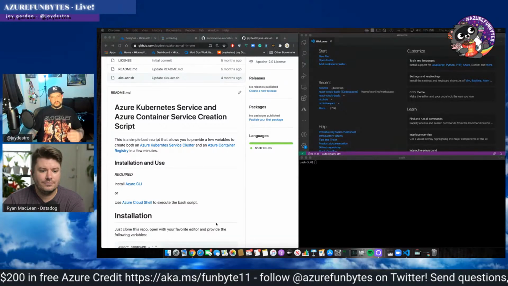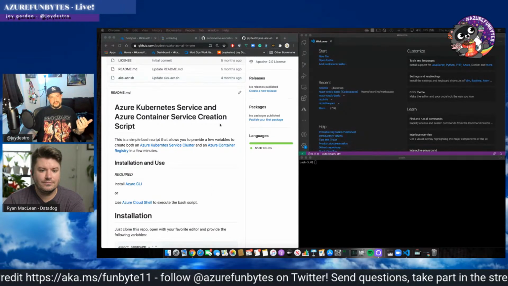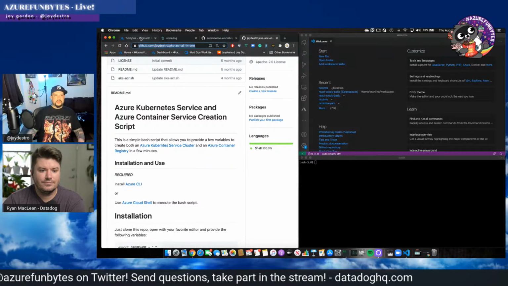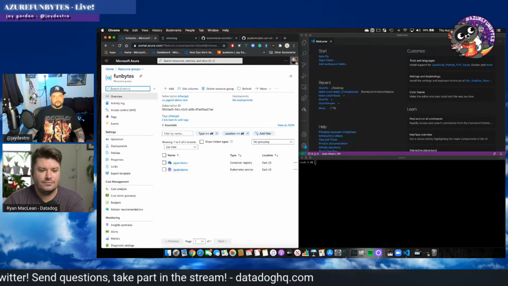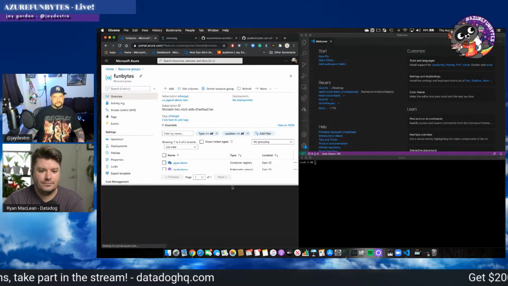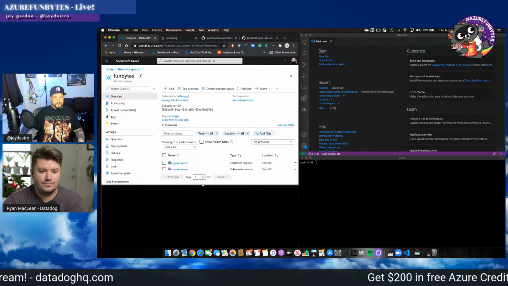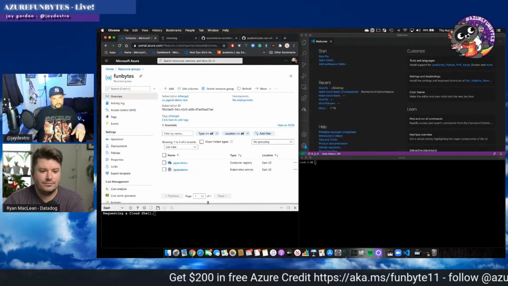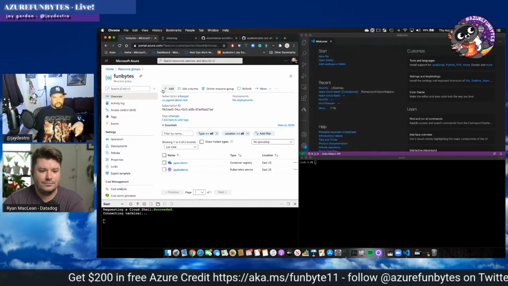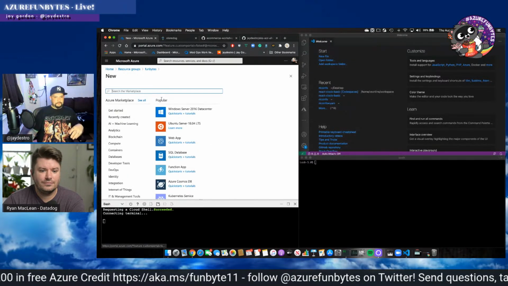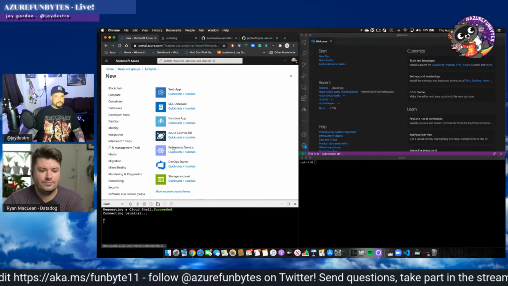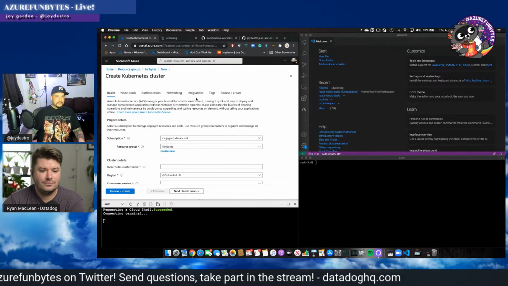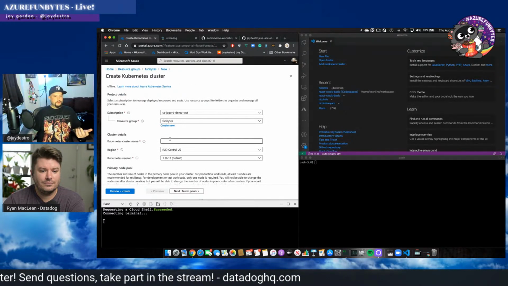And what this will do, if you want to, is allow you to just add some variables. So let's take a look at it really quickly and show you what you would do. We can run it right here in the Azure Cloud Shell. And I'll show you one that I've already populated. So we're going to give this a second while we do that. But I'm going to show you that we could just go to Add, go here to Kubernetes Service. And we could just fill out things here, like